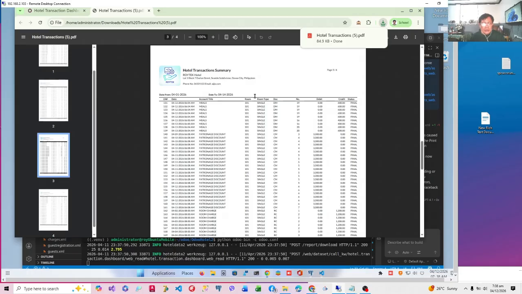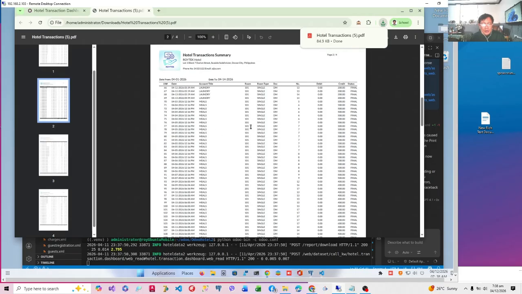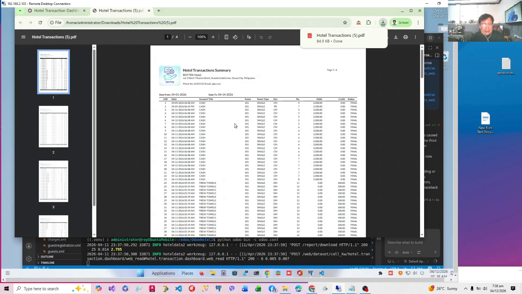I will put all source codes related to this video in a GitHub repository that I will indicate in the link below. In the next episode, I'm going to show you how to group these lines. We will apply a certain technique of grouping these lines according to account title, so that we will have a group header and a group footer, and the group footer will contain subtotals. Okay? A very important feature required by most accounting applications.